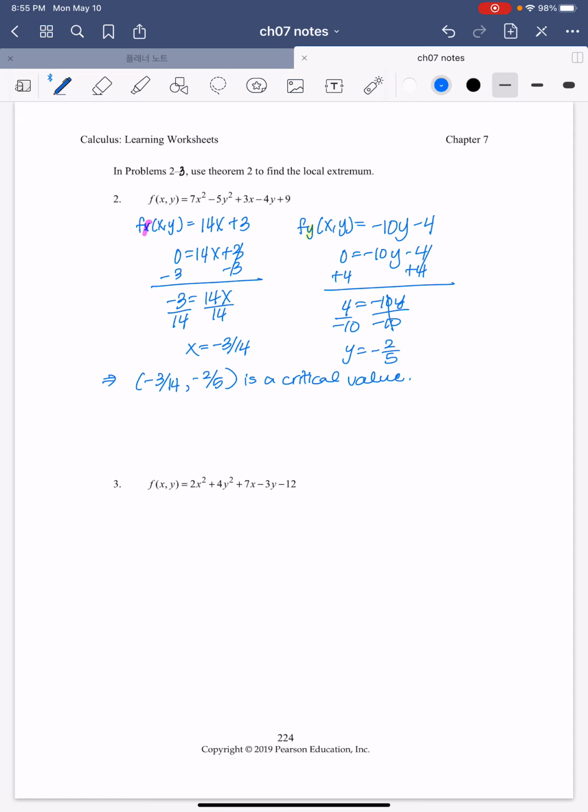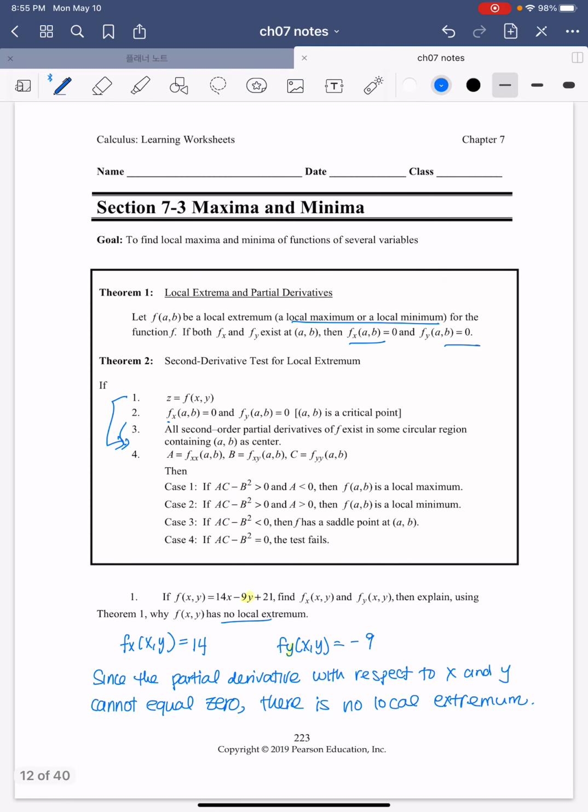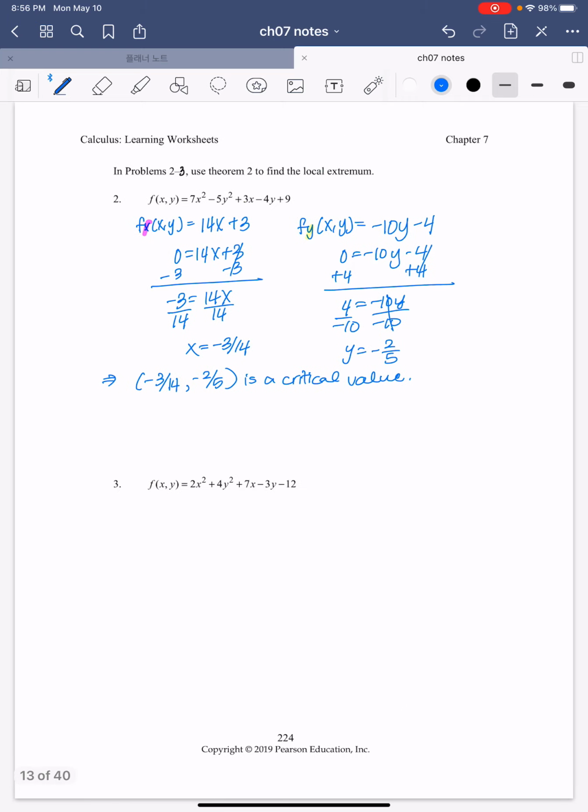Okay. Now let's find A, B, C. And then plug it into the formula to check which one is a local min, or to check our critical point is either case 1, 2, 3, 4. Now, to find A, B, C, I need to take the second partial derivative, f of xx, f of xy, and then f of yy. So, let's start with A, which is f of xx,